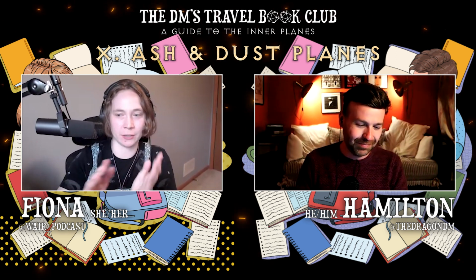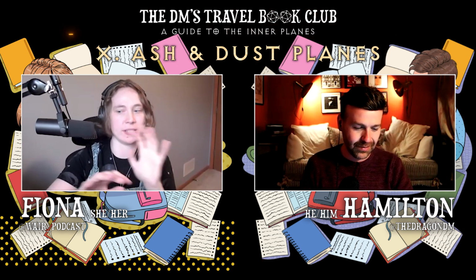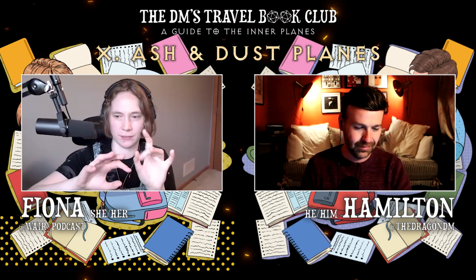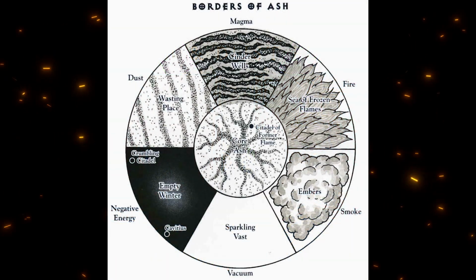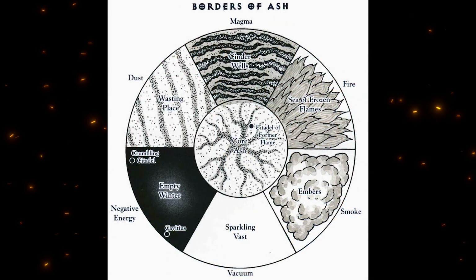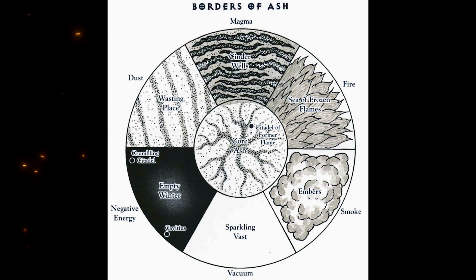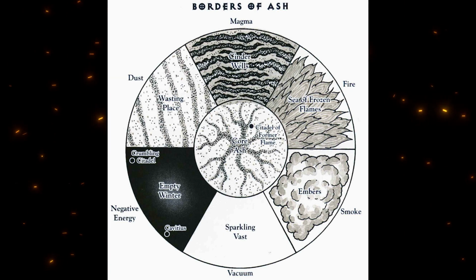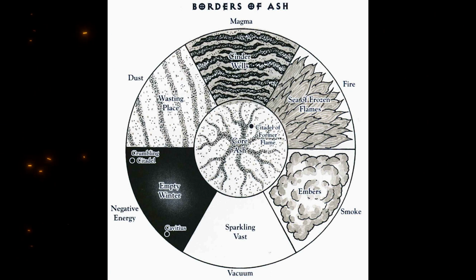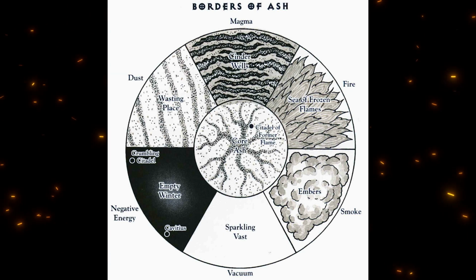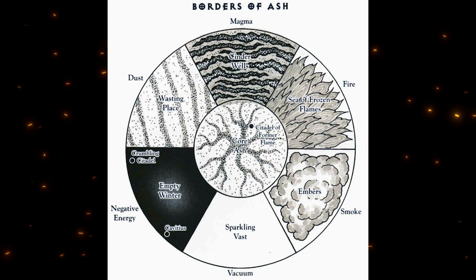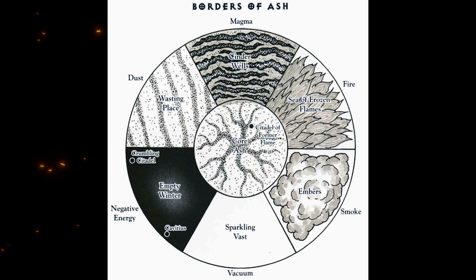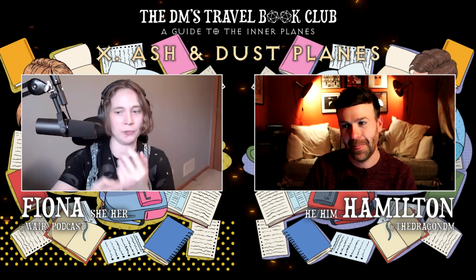You've also got the plane bordering similar regions. You've sort of said that with the regions of dust and vacuum, but there's a place they call the Wasting Place, which I just thought was really interesting. That was with the disintegration of dust. I know we'll come into dust in a second, but then with the utter emptiness of vacuum, you have a place called the gritty residue, much like splintered glass, called the Sparkling Vast, which again, these names are amazing, and I just think it'd be like, here we are in the Sparkling Vast, prepare to die. That idea of an airless space that absorbs the heat from living things